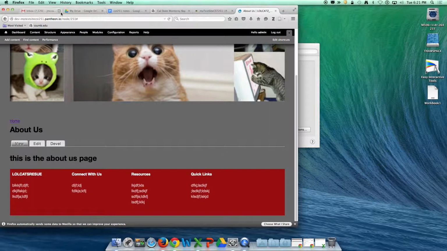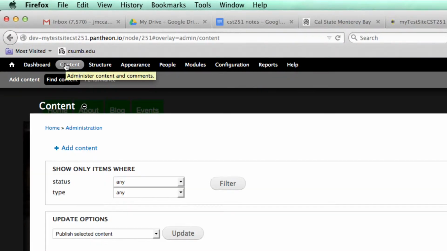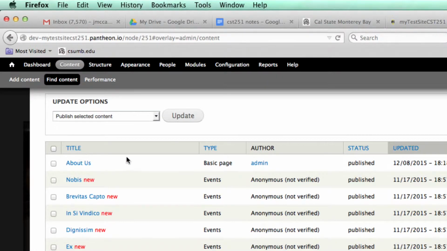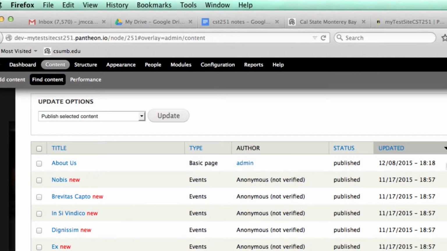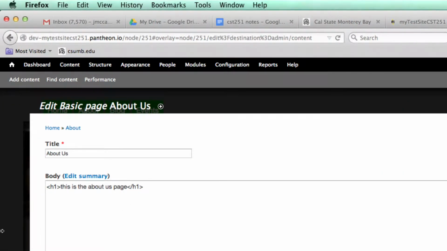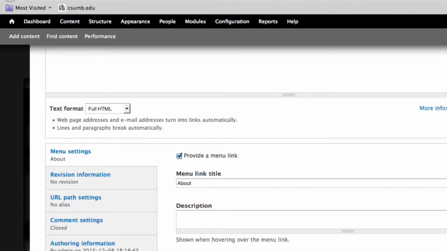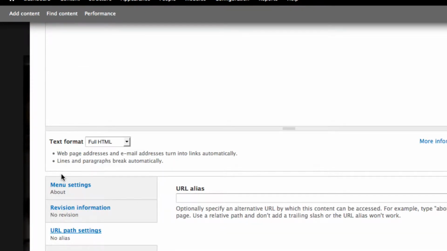One of the things that I want to do, you notice my URL here. I'll zoom in. It is node 251. Well, I don't want it to be node 251. I want it to have a distinct path. So if I go back and I edit this About Us, I'm betting that I can force the path to be about. URL path settings. So if I say about,